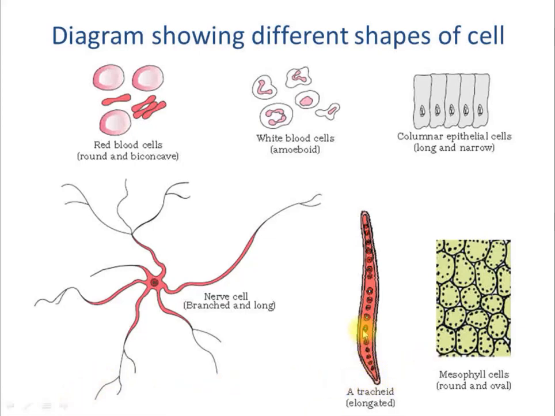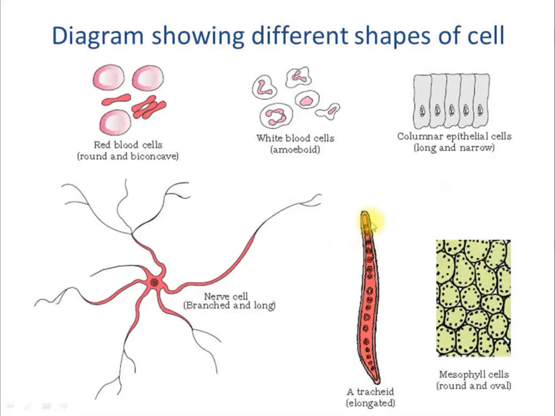You can see that it is possible to travel a few centimeters, and if such layers of tracheids are present, then you will be able to move water from the root to the top of the tree. Otherwise it is not possible.